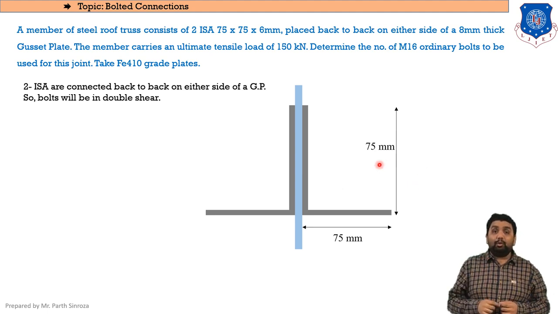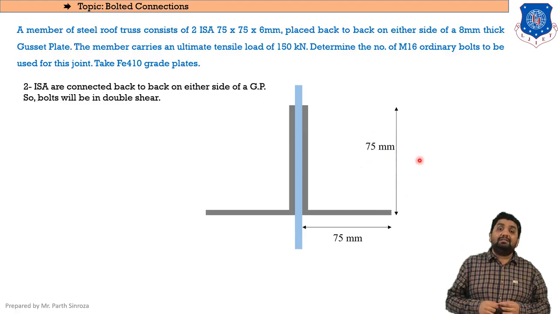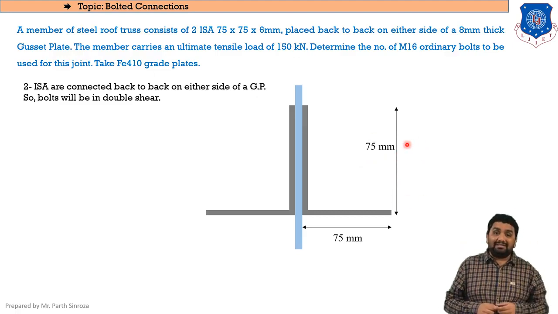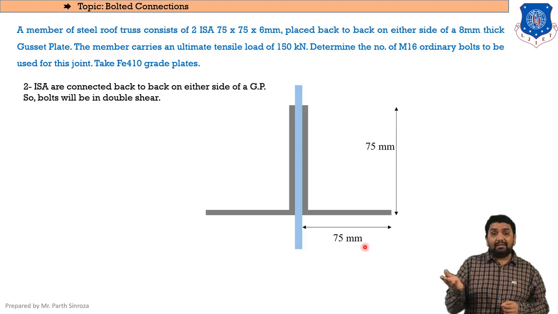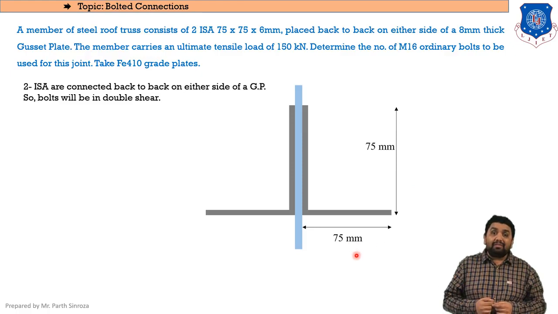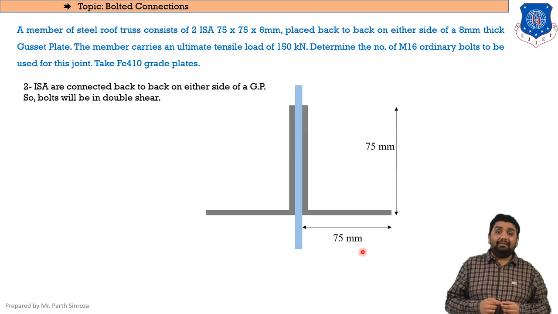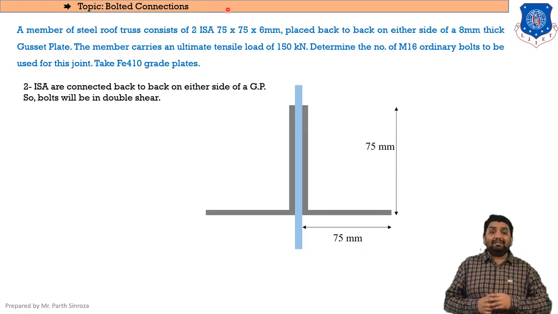So this is a gusset plate, and now the dimensions here are the connected leg. Here we are talking about two legs. The connected leg, that is the vertical leg, you can see here, is the connected leg with GP, that is our gusset plate, and the outstand leg, that is at the bottom, as you can see here, is called outstand leg. So technically they are called connecting leg and outstand leg. Clear? And connecting leg, as you can see, is 75 mm, and outstand leg is also 75 mm. Why so? Because in the question it is given as an equal angle.